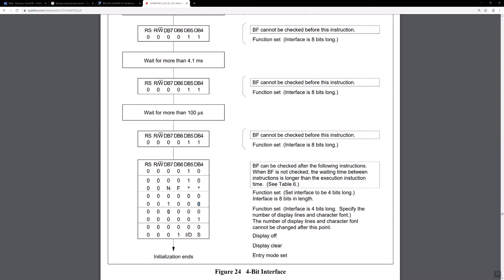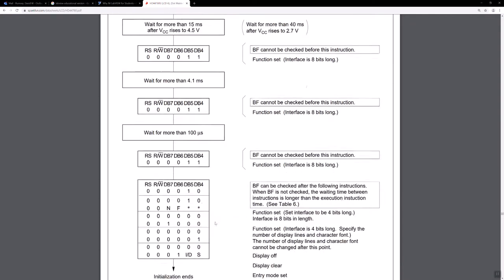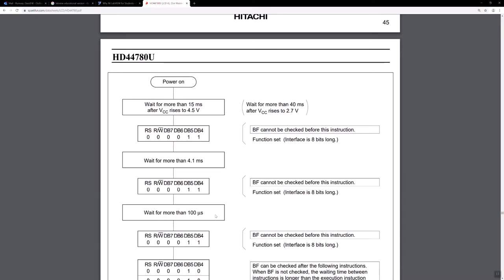And then here is the display clear. So 0, 0, 0, 0, 0, 0, 0, 1. Okay, so that gets us the clear display. And then here we're setting entry mode set. And that entry mode set, if you read through the data sheet, is basically, are you going from left to right, right to left, and so on. Okay, so that's what we're going to have to do for our